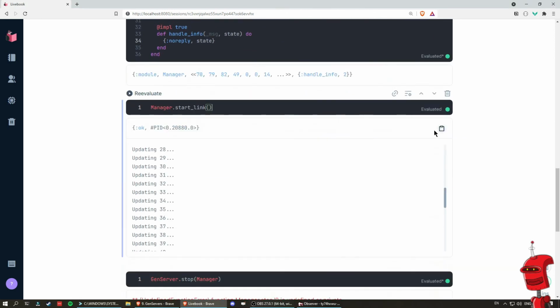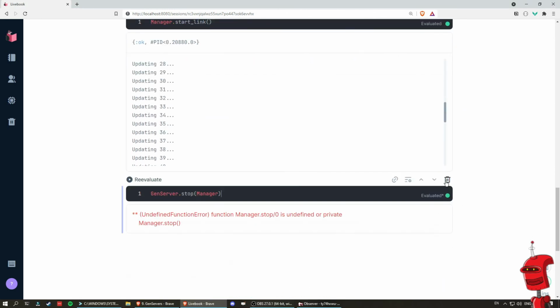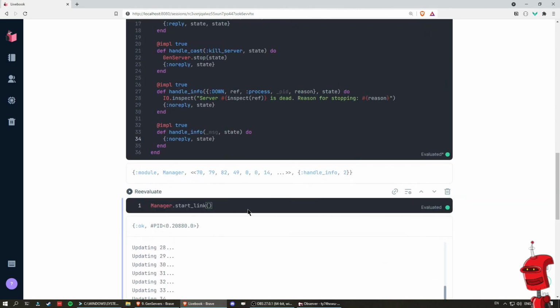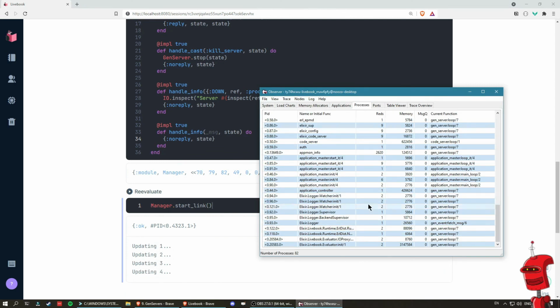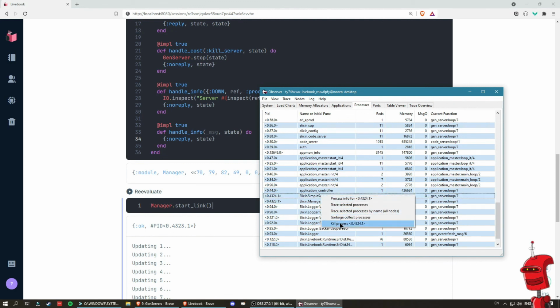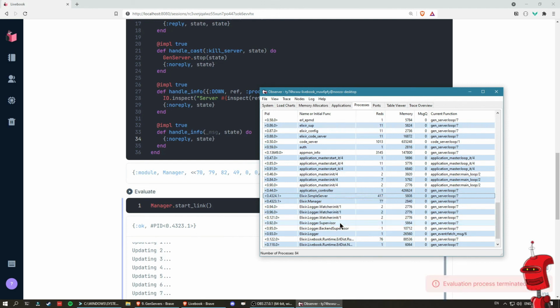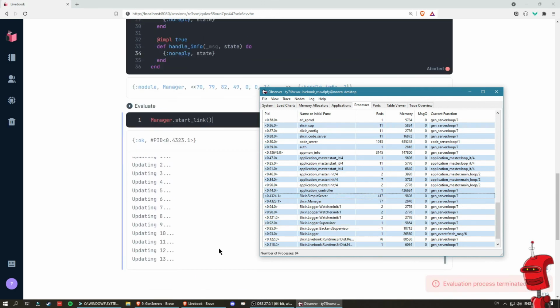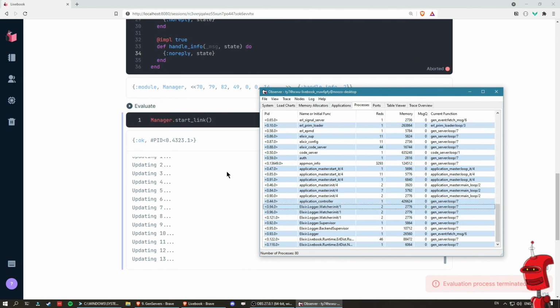So let me just clear this out. If I start our manager here, we see that the simple server starts. If I go to the observer and let me wait for it to show, and if I kill the server, which should be okay, right? Because the manager started the server, I also get the manager killed because they are linked. And since we don't want the manager to crash when the server crashes, because obviously the manager is trying to manage the simple server and handling,